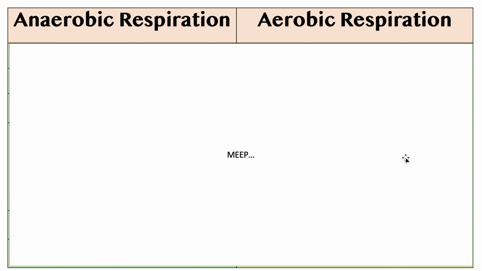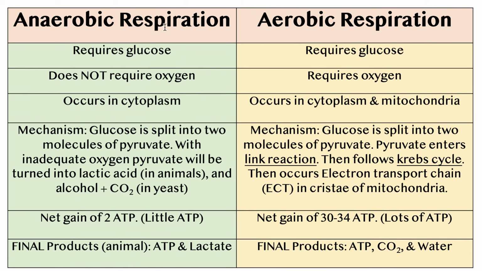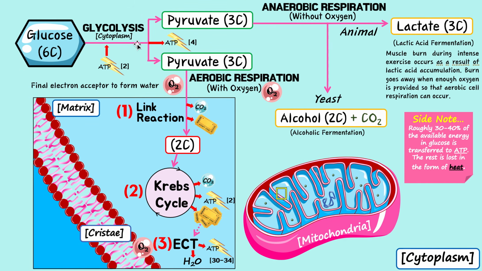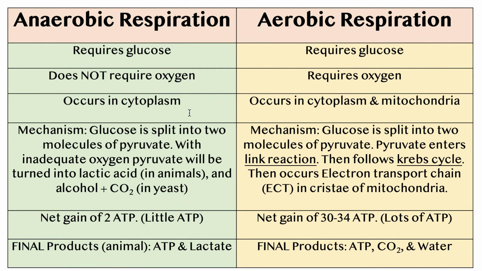Okay, awesome. So here we have a summary of anaerobic and aerobic respiration in the table, in case they ask you guys to write out and distinguish between these two. So here we've got it. Anaerobic respiration requires glucose. Aerobic requires, so they both need glucose. Like I said, remember, they both start off with glucose that undergoes glycolysis, and then from pyruvate, they go in different directions. Okay, so anaerobic, because they don't need oxygen.